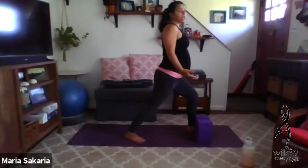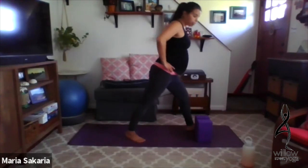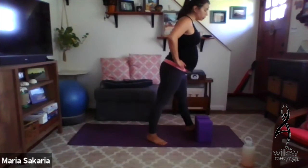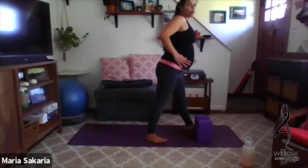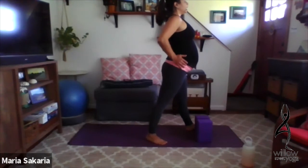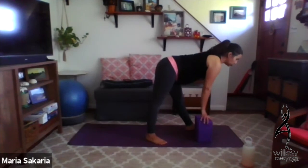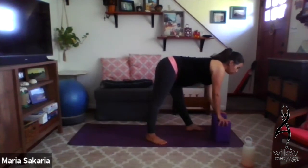Let's begin to release the hand interlace. Take the hands to the hips. Straighten the front leg and maybe pivot the back foot in a little bit to close your stance. Both shoulders and hips are facing forward this time. Lengthen. And as you exhale, come halfway down and release the hands to your blocks right underneath your shoulders